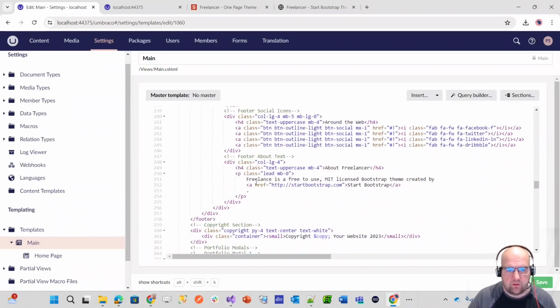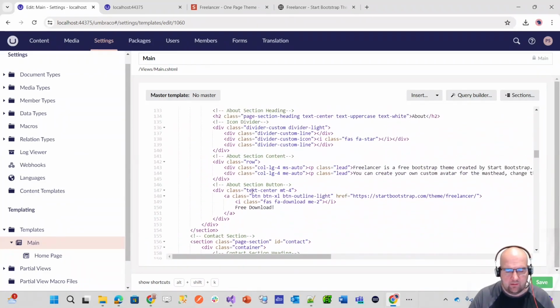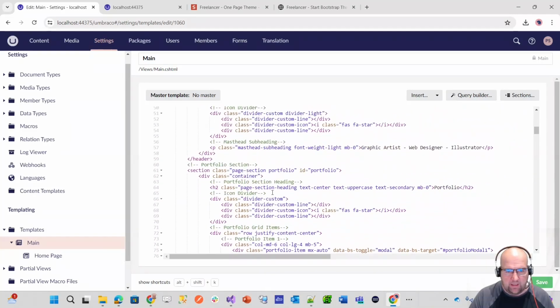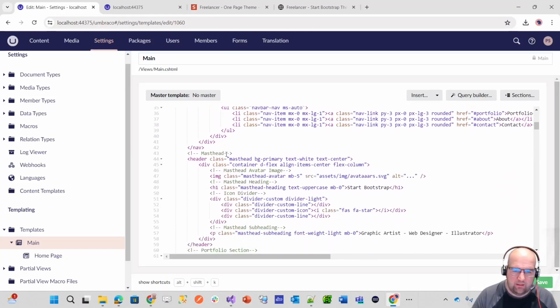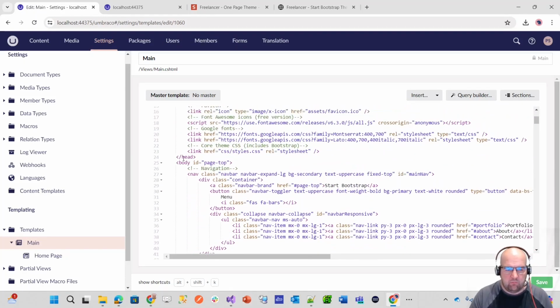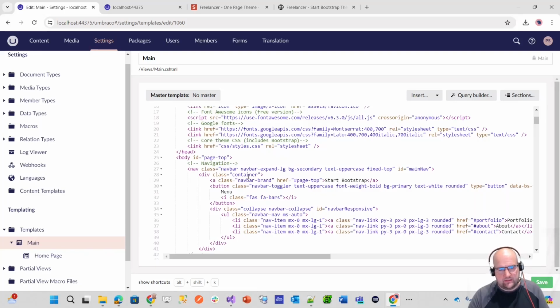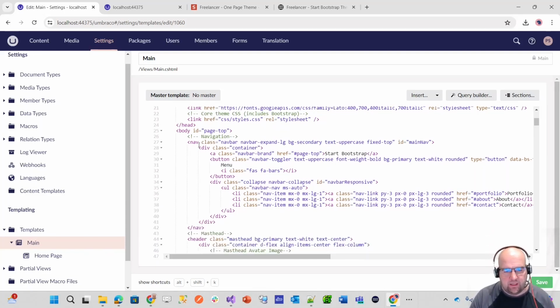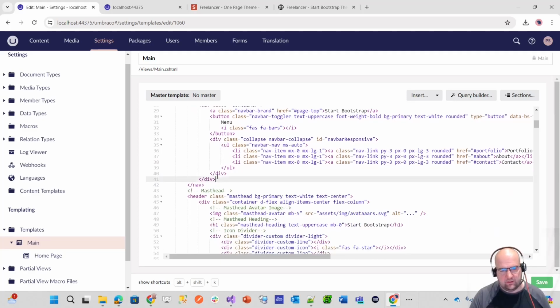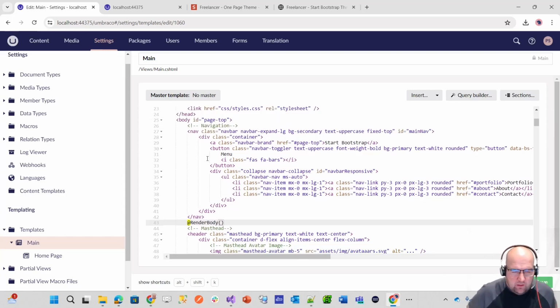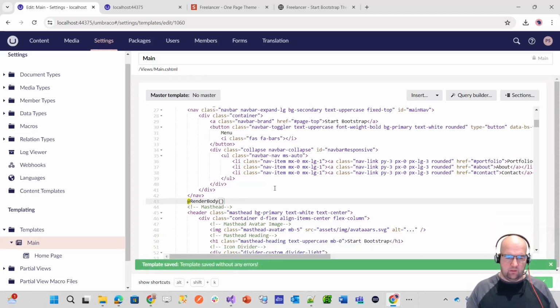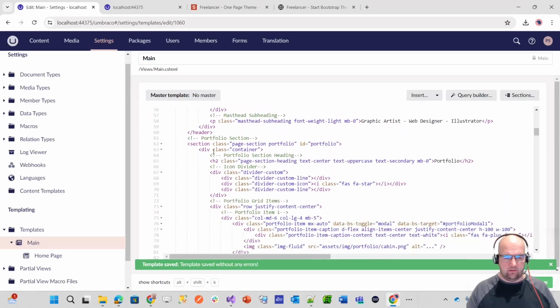Now we want to put the render body at the point where it wouldn't be part of the main template. We can see that we've got a body opening tag, the HTML body, and then we've got a navigation, and then we've got a header. So I think at this point, after the navigation, that will be where we want to render the body. So if we just save there,